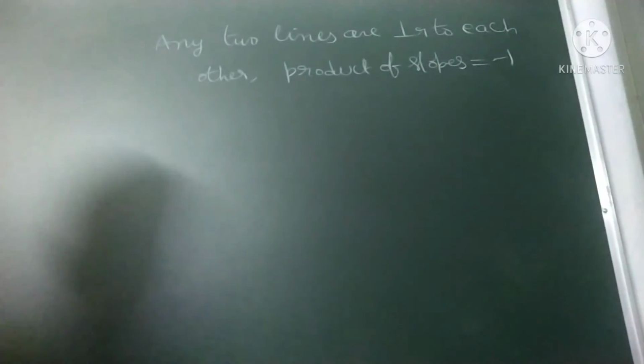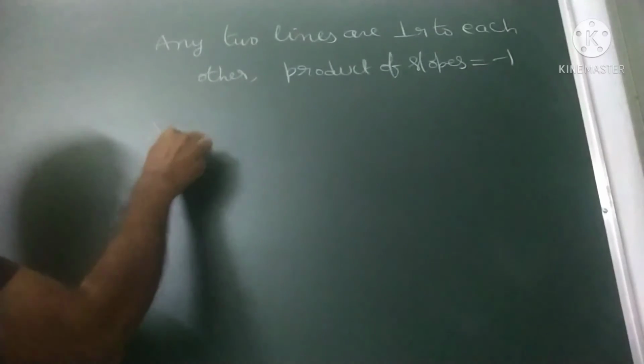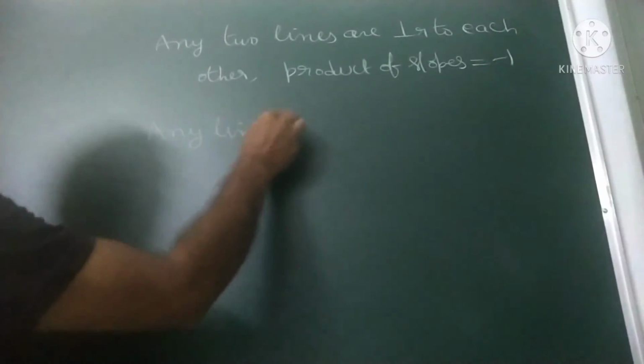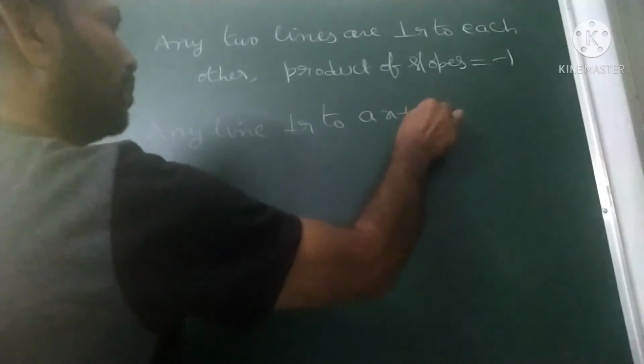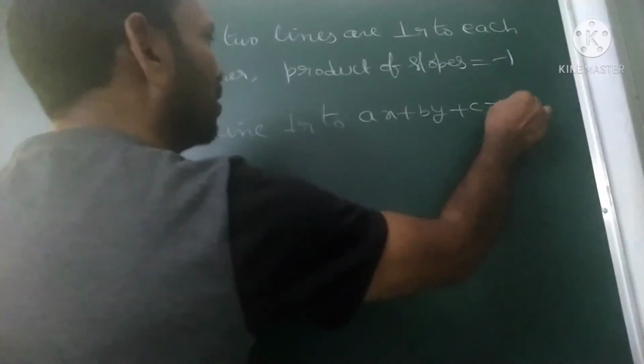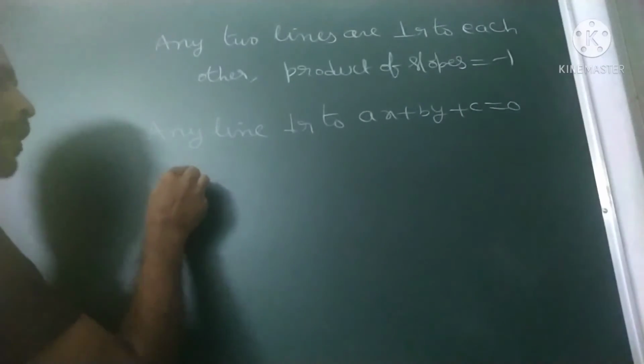So now any line perpendicular to ax plus by plus c is equal to 0 is